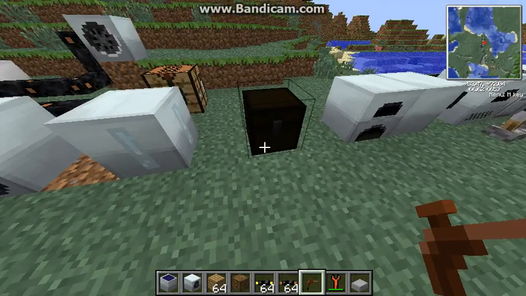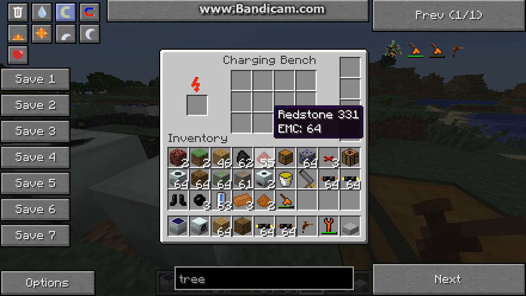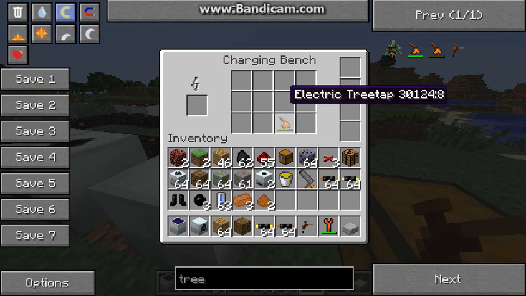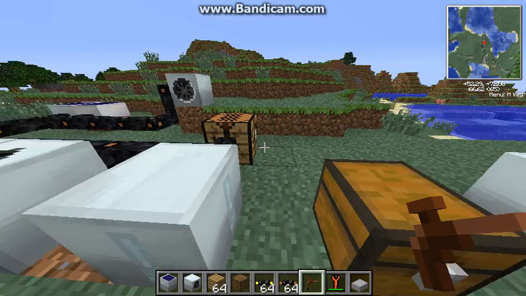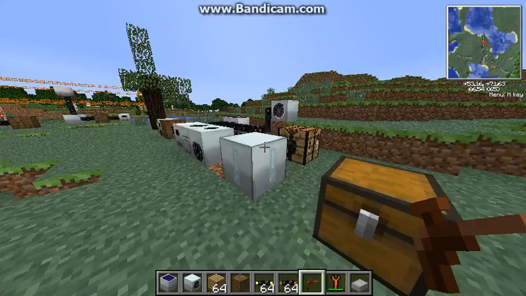To charge a tool, as we explained before, we literally put it in the charge bench, and it will begin to charge. There we go. We now have a fully charged electric tree tap, as well as all of our other tools. Okay, so now we have all our machines, and now we have our epic tool